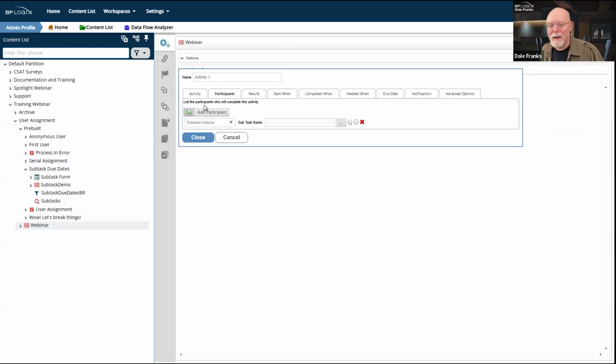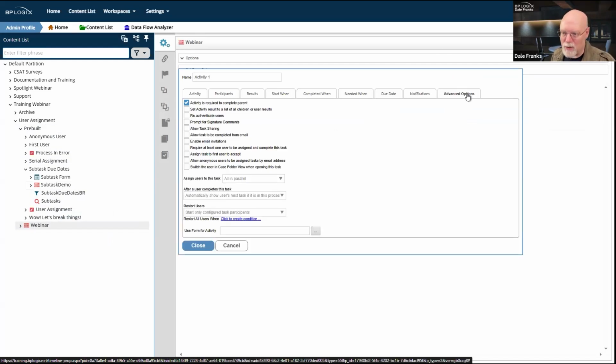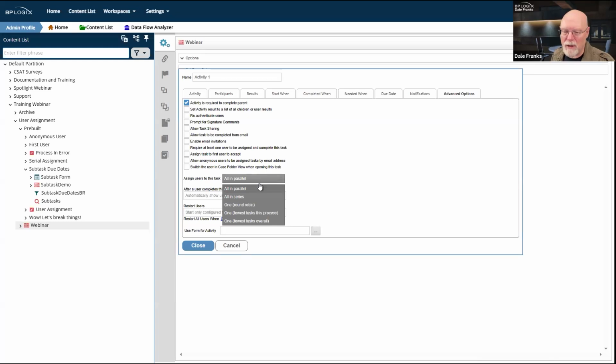So now let's get a little deeper into the approval or the participant advanced options, which we've just looked at a little bit in terms of talking about something being all in parallel or all in series. So I have a couple of different ways to assign users to the task. By default, all in parallel is the assignment, which if I assign it to multiple users, all of their tasks all run concurrently. I think that's probably, in most cases, the way that we want multiple user task assignments to run, but not always. So I have some other options.